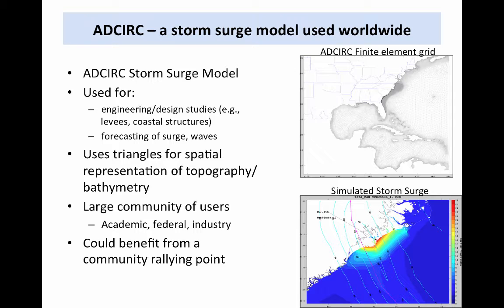There is a large community of users, including federal agencies: FEMA for updates to coastal inundation maps, U.S. Army Corps of Engineers for hurricane protection system design, Nuclear Regulatory Commission to evaluate storm surge risk to coastal nuclear power plants, and the National Hurricane Center to guide